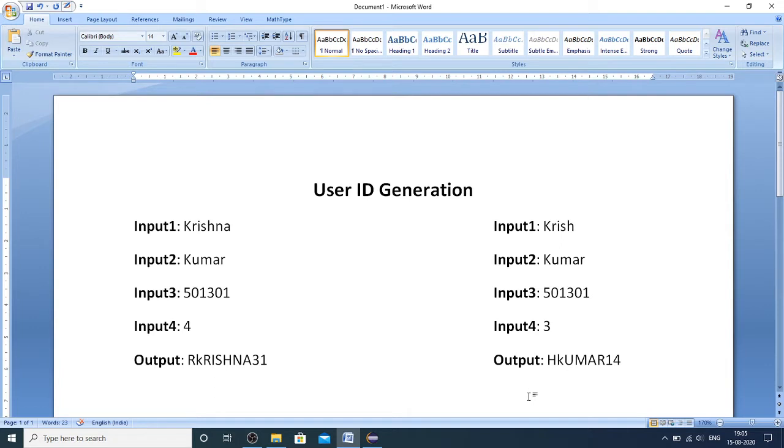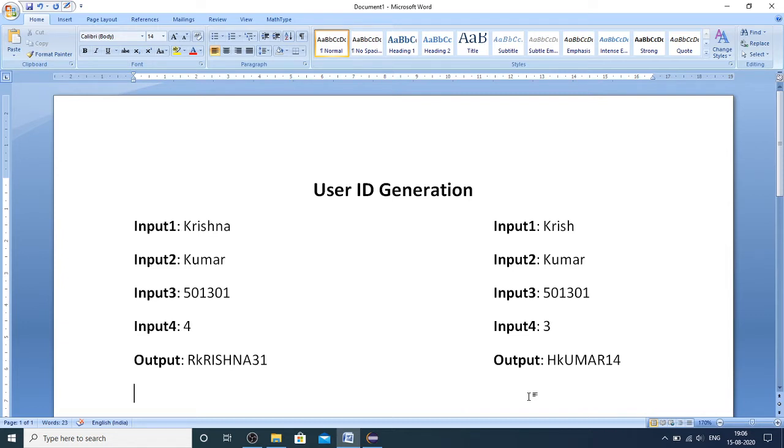I have come up with one more logic building problem, and the problem is user ID generation. Let me first explain what the problem is, and then I am going to run my solution for this particular problem.